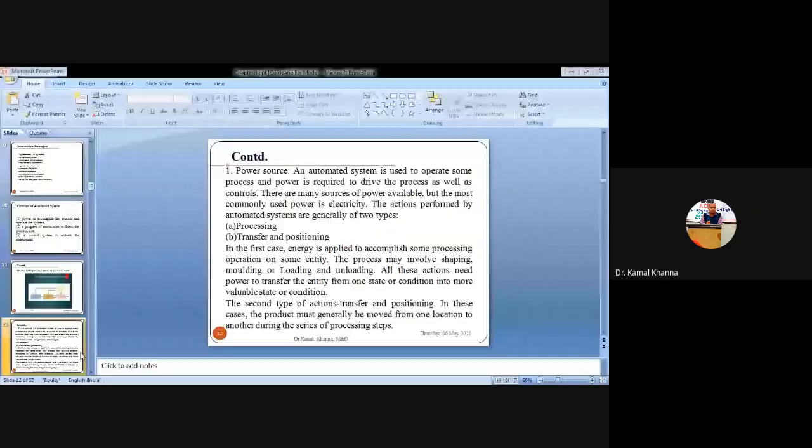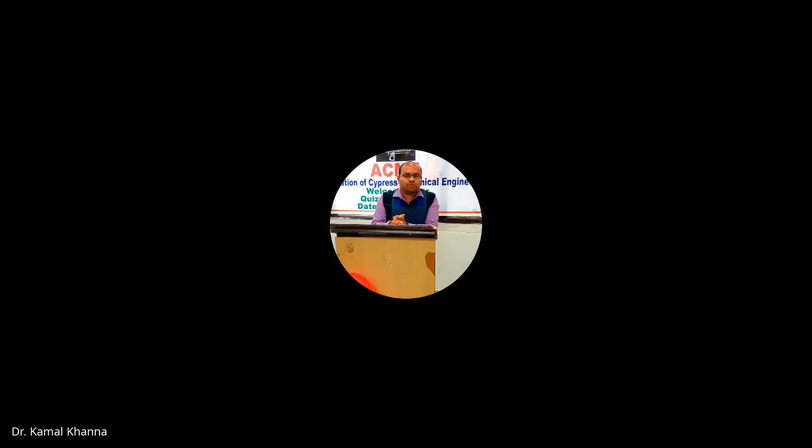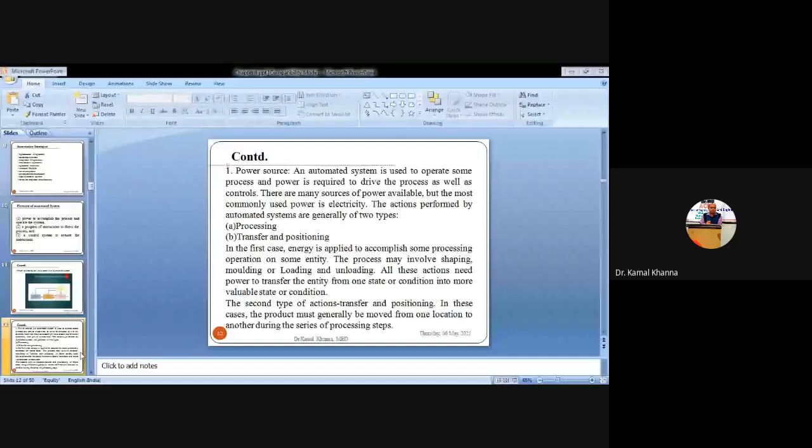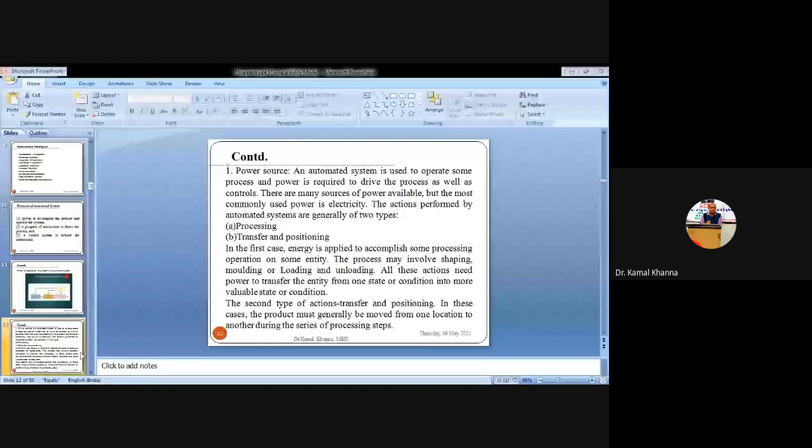the cutting area. All these actions need a particular power source to be performed, to accomplish that processing, and to form one state into a more valuable state, so that the operations may be carried out accurately and precisely. So this is the first action that is being performed by the power source, and the second is the transfer